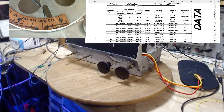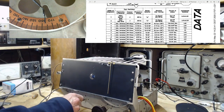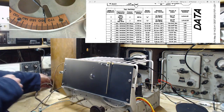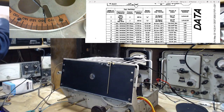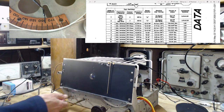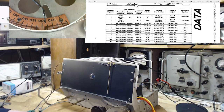Oh, that's correct. Okay. Maybe we should turn the radio on at this point and get it warming up. So let me just check. Everything looks okay. Okay, here we go. Now, while it's warming up,